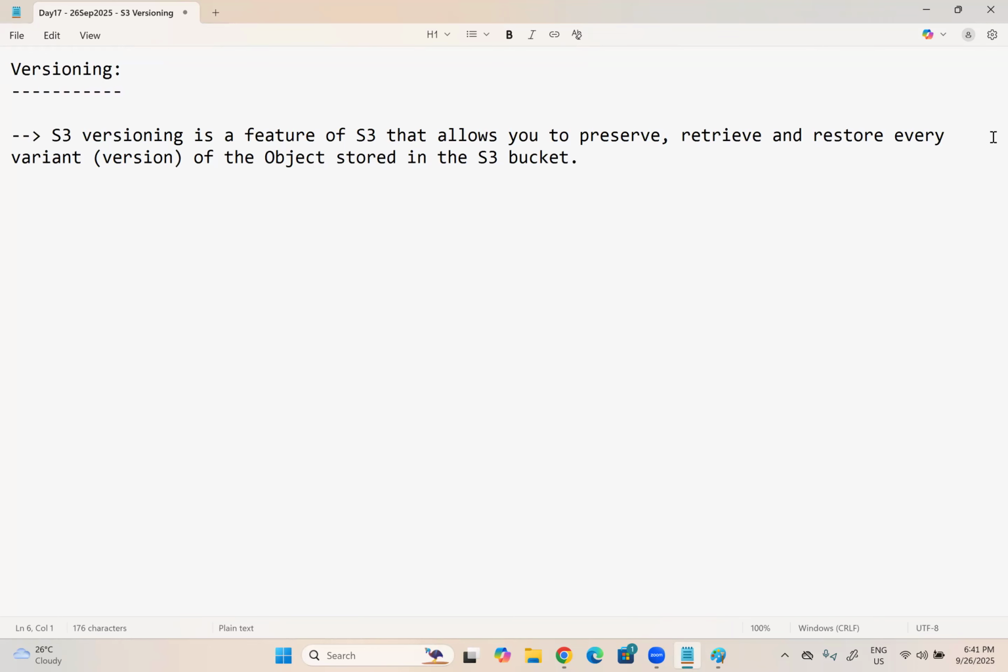So easily I can revert to the old version from the accidental overrides, or even whenever you delete that object from the S3 bucket, it won't delete the object permanently. That's why we can say this S3 versioning feature can be used as a protection against accidental overwrites, deletions, or data loss also. I will show you how it works, and why we can say it is protection against these kinds of things. So I can write down: